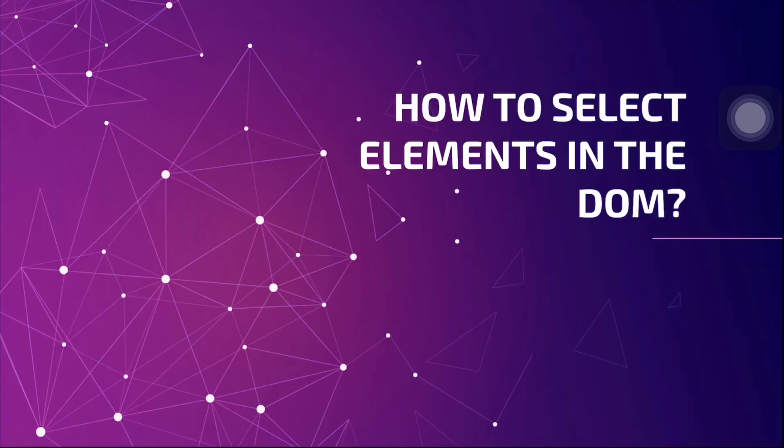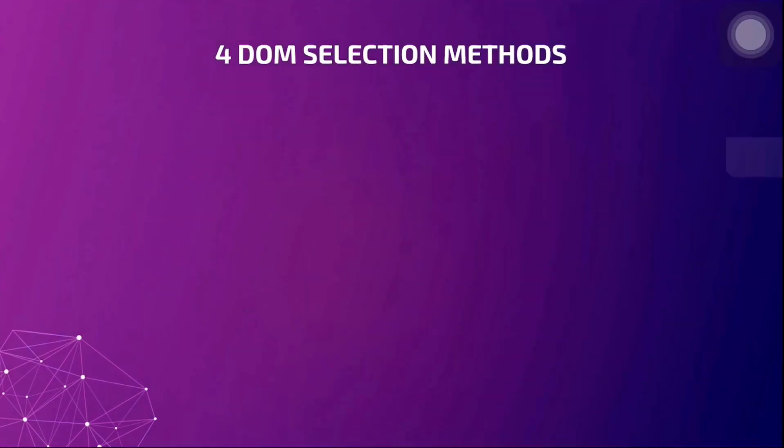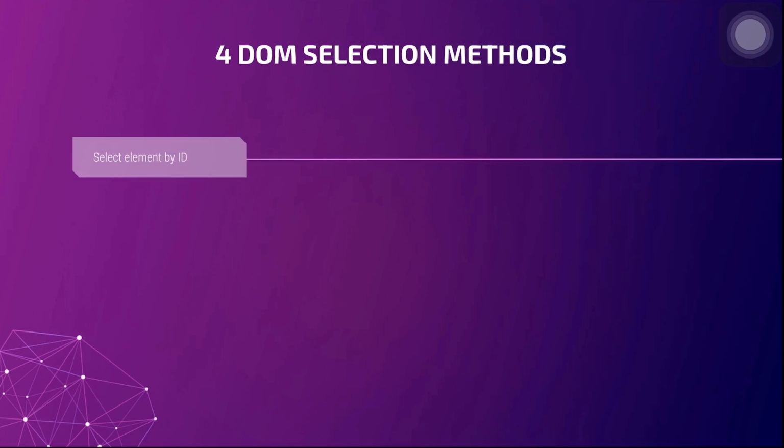So moving on, the next question we have is how to select elements in the DOM. Of course, since we are going to manipulate tag elements, we need to know first how to get access to a certain element. So there are 4 ways to select elements in the DOM using selectors, and we're going to explain them one by one. Okay, first we have select element by ID, and this is the most common way to access an